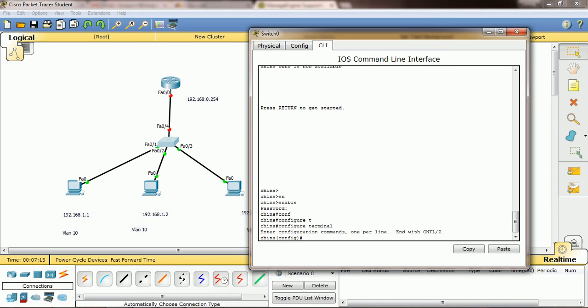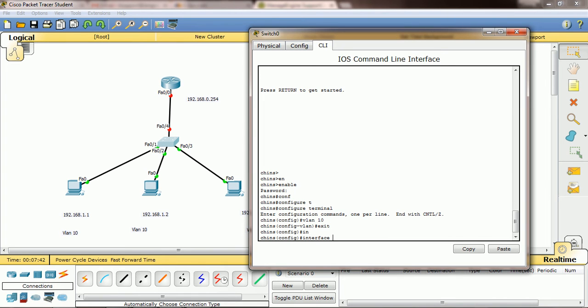Now what I am going to do is create this VLAN 10 and assign this VLAN 10 to these ports. So type VLAN 10. Now we are in VLAN configuration, so exit. Now we created VLAN 10. Now I am going to apply this VLAN 10 to physical ports FastEthernet 0/1, 0/2, 0/3.